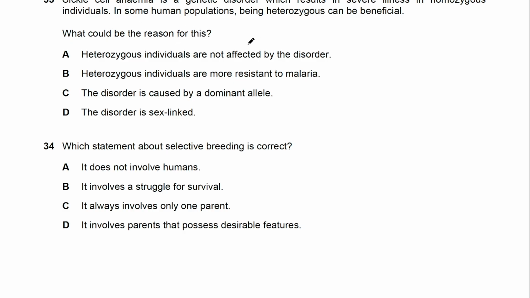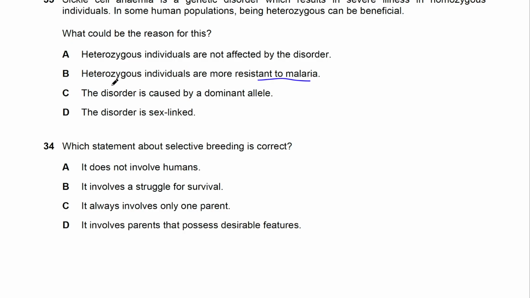Now, for sickle cell anemia, it's a recessive autosomal disease. Great. Let's read. A, heterozygous individuals are not affected by the disorder. That's right. But is this beneficial? No. B, heterozygous individuals are more resistant to malaria. That's right. This is even in your textbook, you will find this information, but let's go to read C and